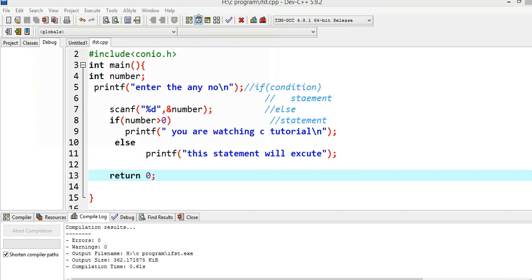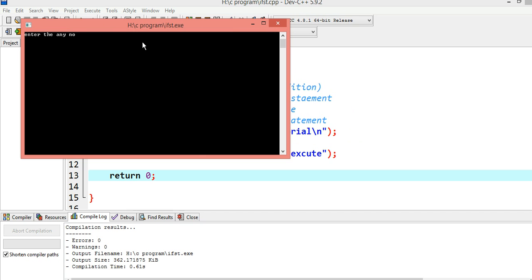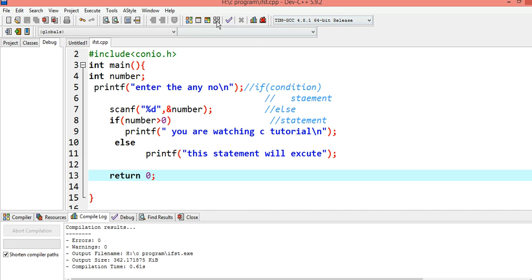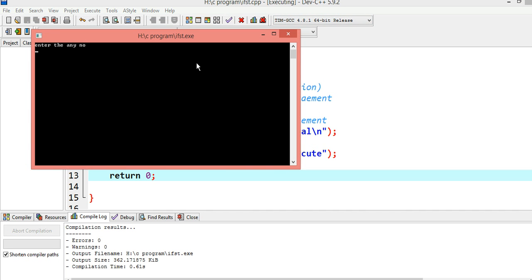Again let us run and I enter 0, so this statement will again execute. Again run, I enter H, this statement will execute. Whatever you enter instead of a positive number, this statement will execute.